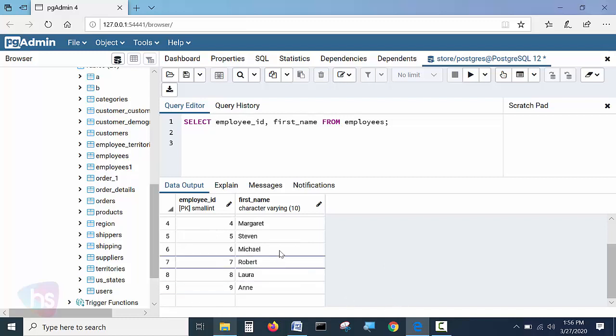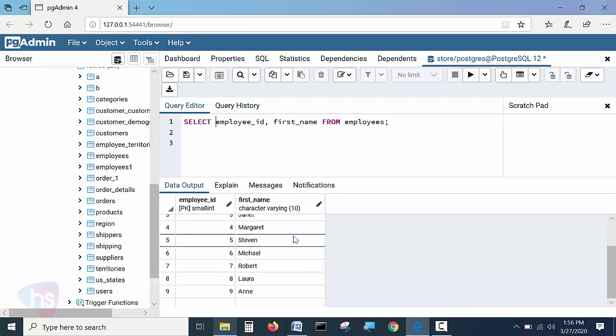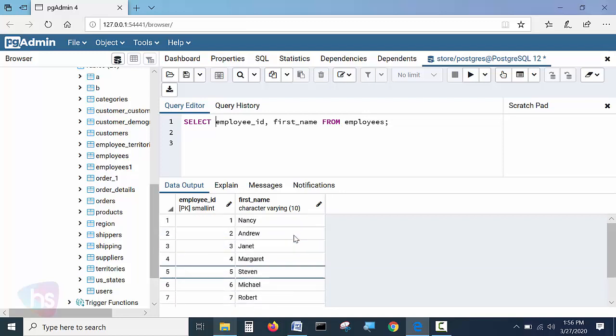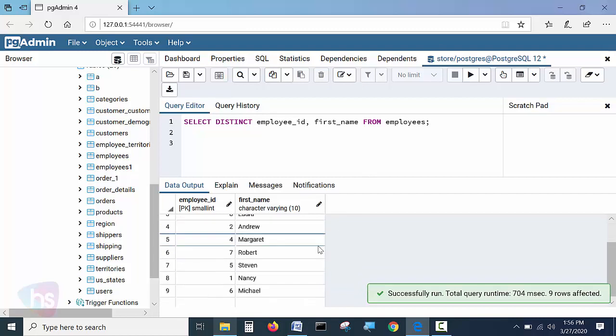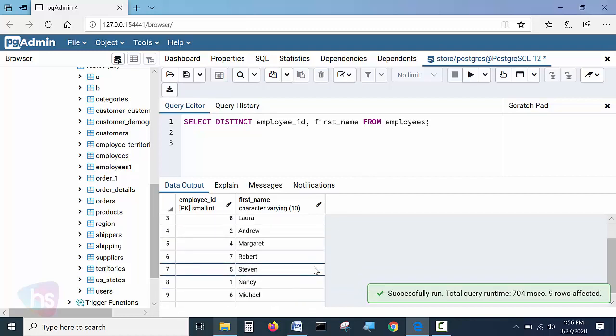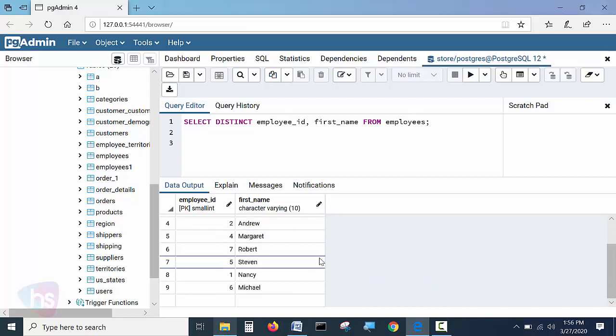Now I mention the DISTINCT keyword: DISTINCT employee ID, first name, to see if any duplicates are available. Still 9 rows are returned, since there is no duplicate row in the table.